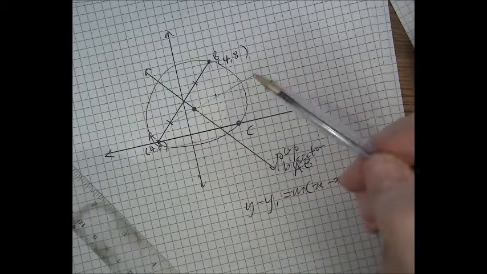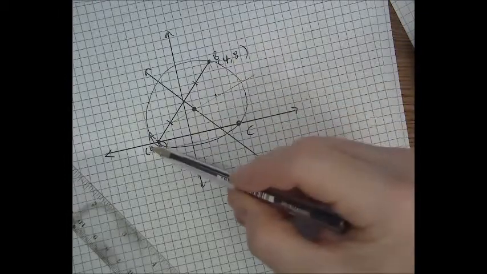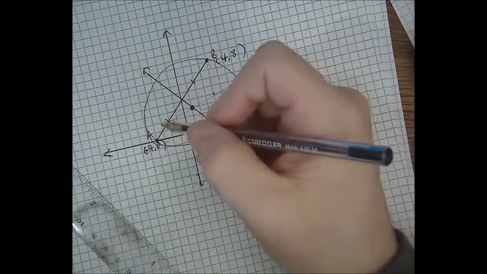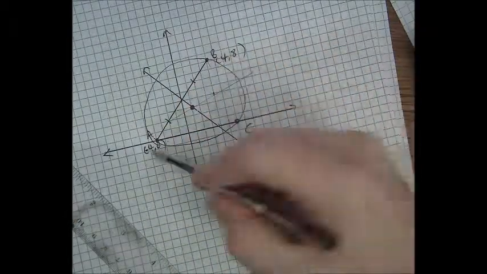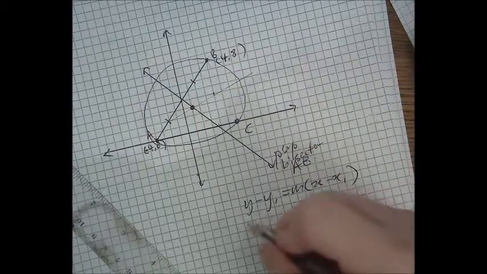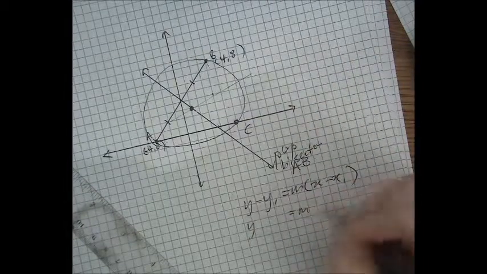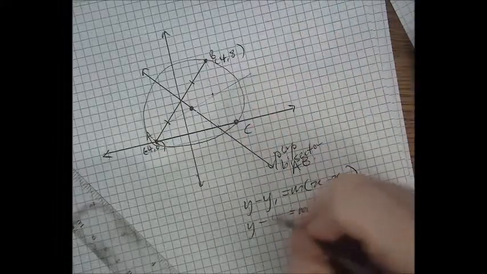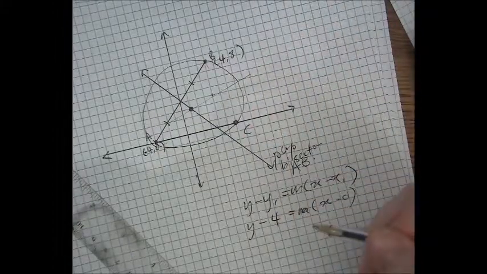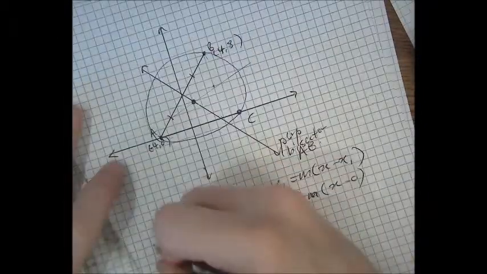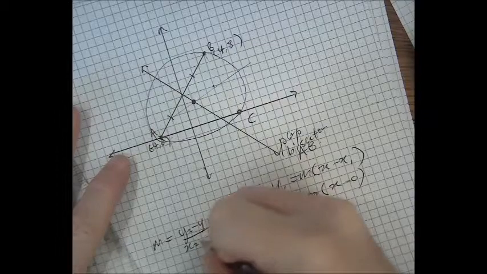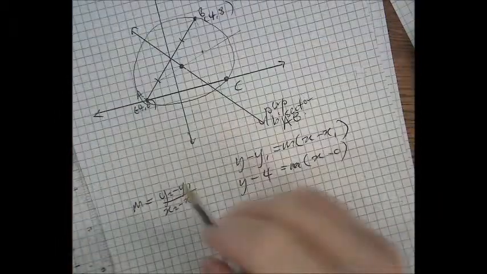The midpoint comes from adding up the x coordinates and dividing by 2. Sorry, that's negative 4, 0, I think. Yep. Adding them up and dividing by 2 gives you 0. Adding up the y coordinates and dividing by 2 gives you 4. And the gradient, let's use this formula. Second y minus first y, over second x minus first x. You really do need to be sure in your head in advance what